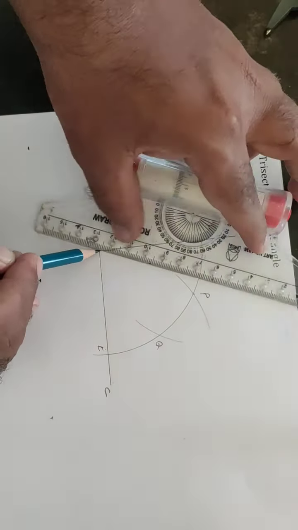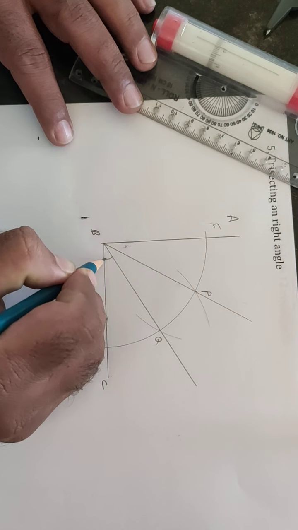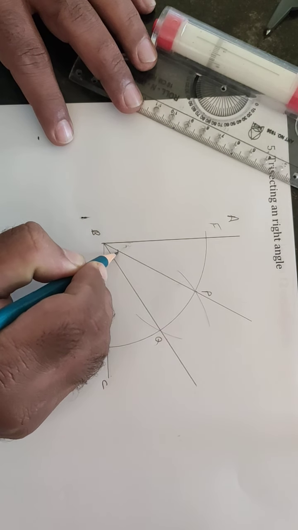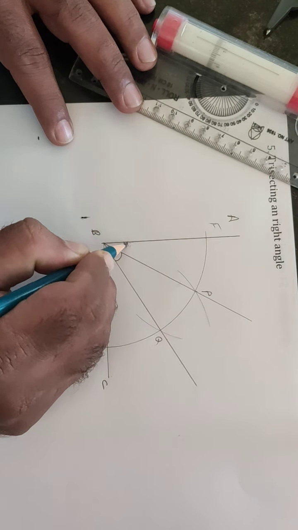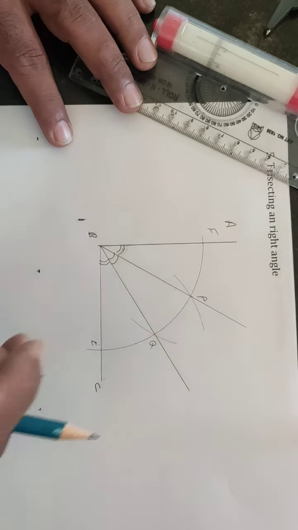See, like this. If we measure the angles, then these 3 angles are equal angles. That is, we trisected the given angle like this. These 3 angles are equal angles. That is, we have divided the 90-degree angle into 3 equal parts, or 3 equal angles. Now let's see the next construction.